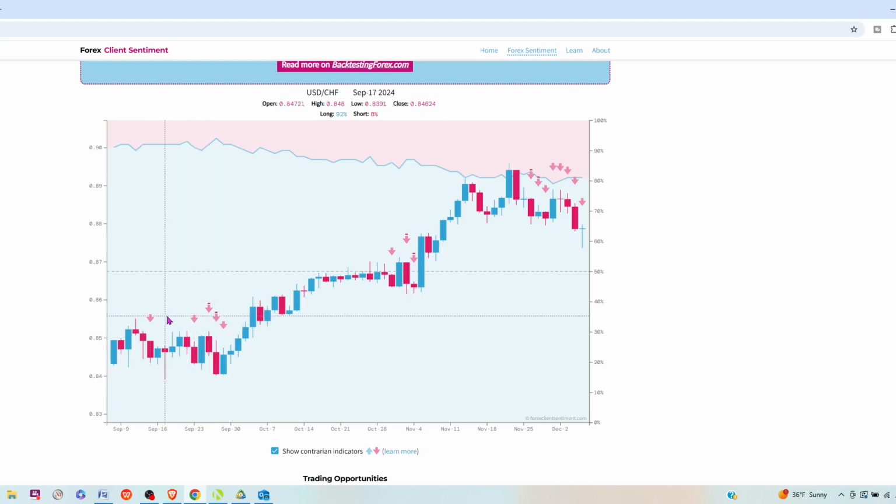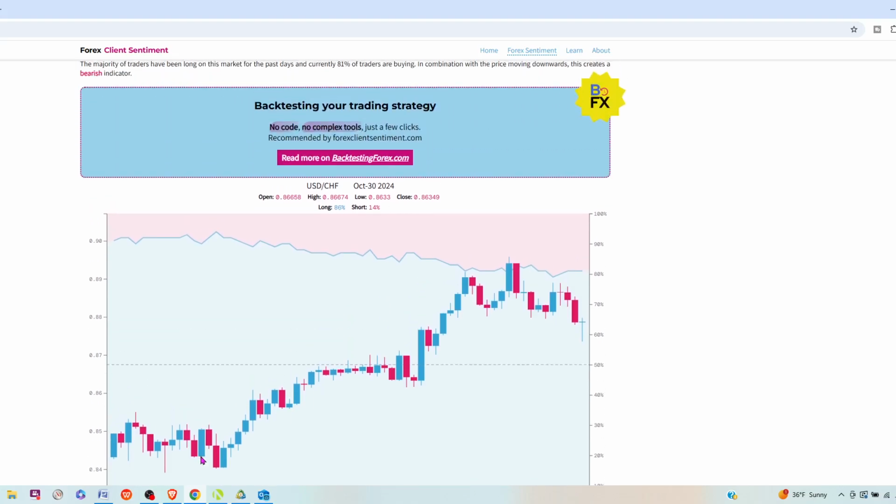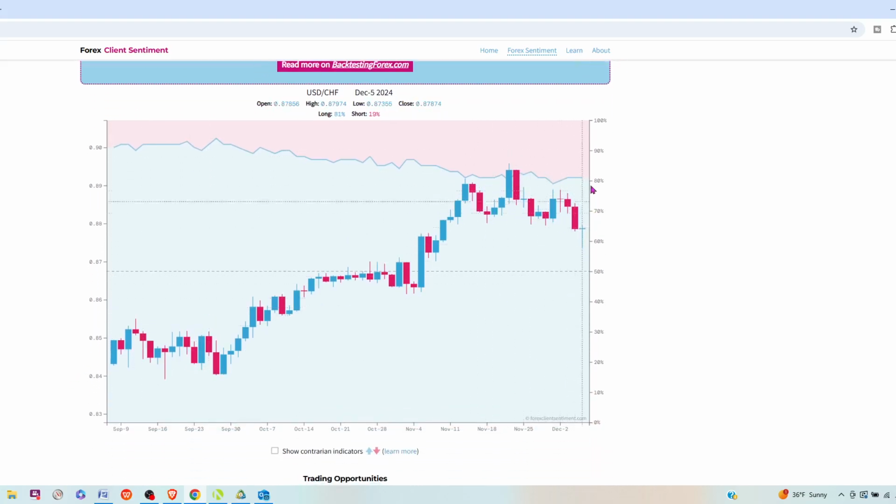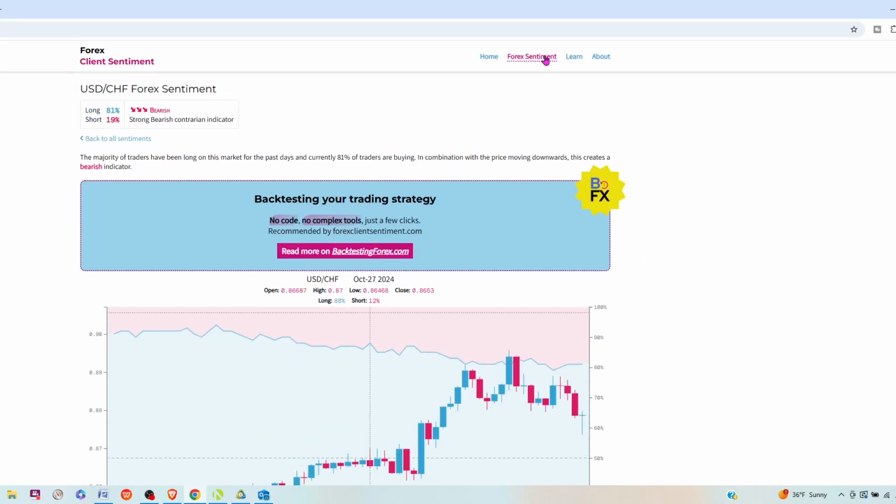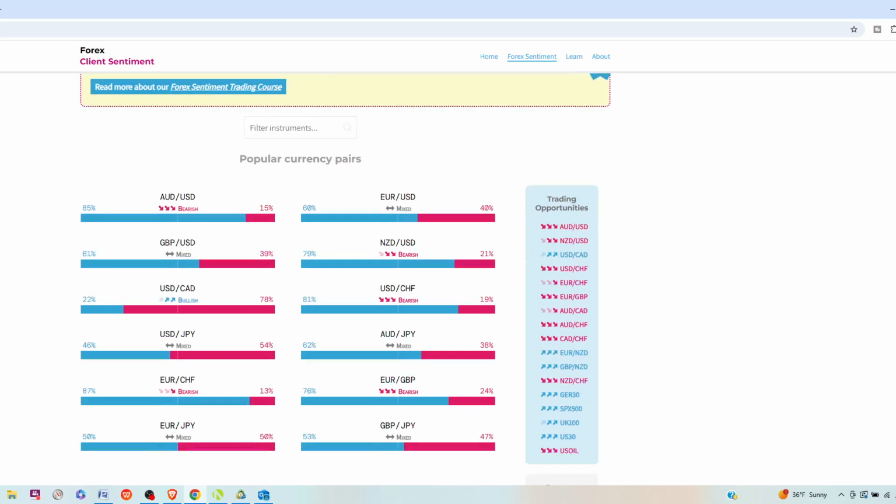Now, I don't really like these arrows, because as you can see, all these arrows in here where they were saying go short, all these trades would have been losers. I mean, look at these right here. Loser, loser, loser. These are all losing trades. That's why I don't like using these arrows. I don't know what they use to calculate these with. I don't like them, so I just turn them off. I just use the percentage and just use the color fields, and I don't bother with those arrows. Okay, so dollar Swiss is one where I would not probably use this at all.